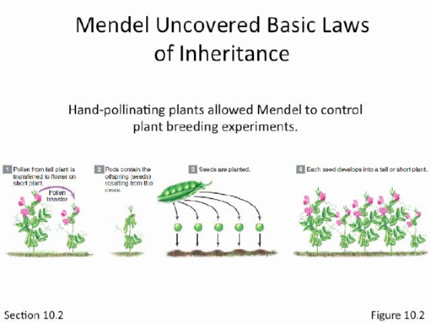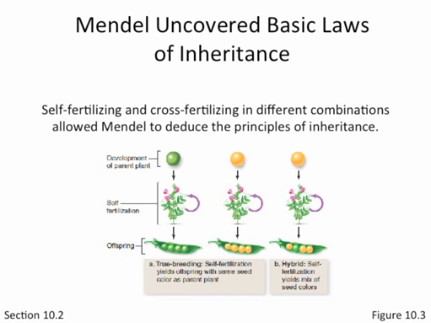So Mendel learned a ton of interesting things and a lot of stuff that revolutionized genetics, but we've learned a lot more since because we've picked new organisms, and I'll talk about that later on in this chapter. What he was looking at is the different combinations of offspring, and he kept really good records of exactly who the parents were and exactly who the offspring were. So he would do self-fertilization and self-crossing of different combinations and use that to deduce or figure out ideas